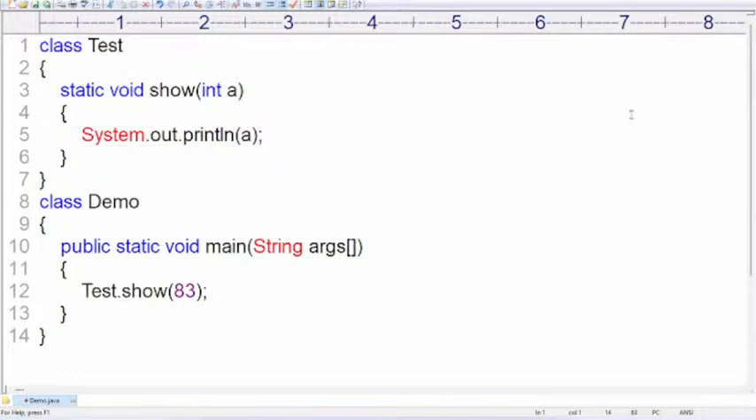Is it over? So now show method is instance method or class method? Class method. It is in which class? Test class. Where I am accessing? Demo class. Can we access directly? No. That's why class name. Compulsory class name, right? Okay. Now